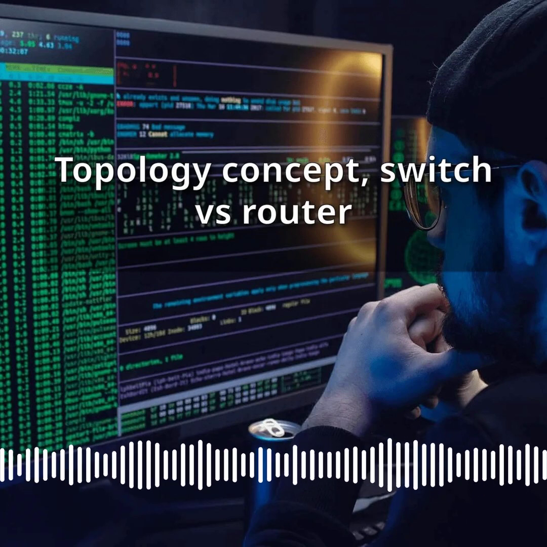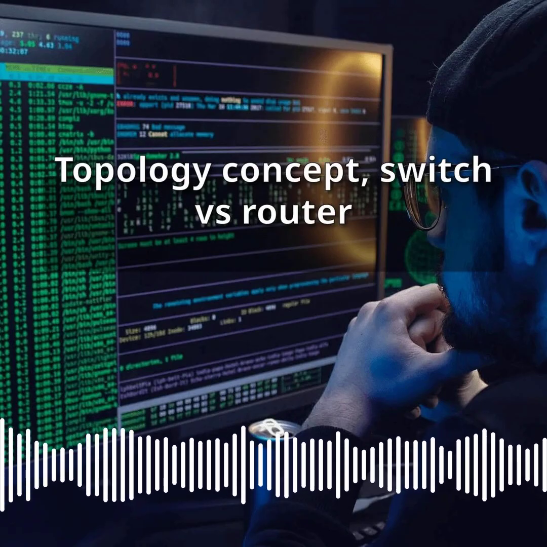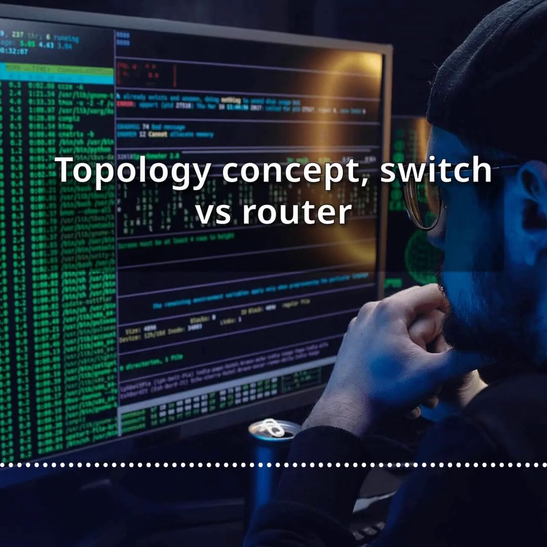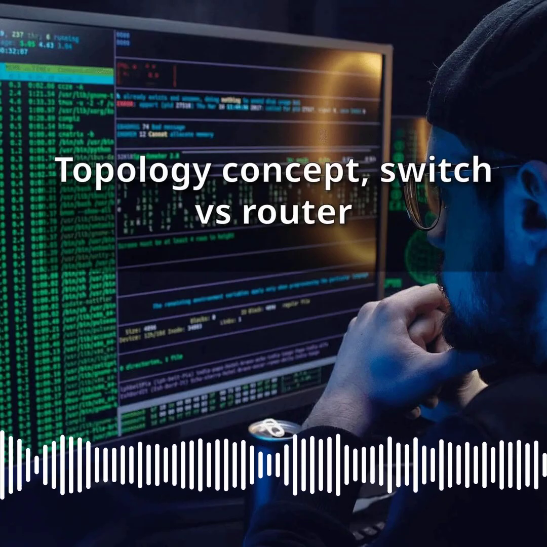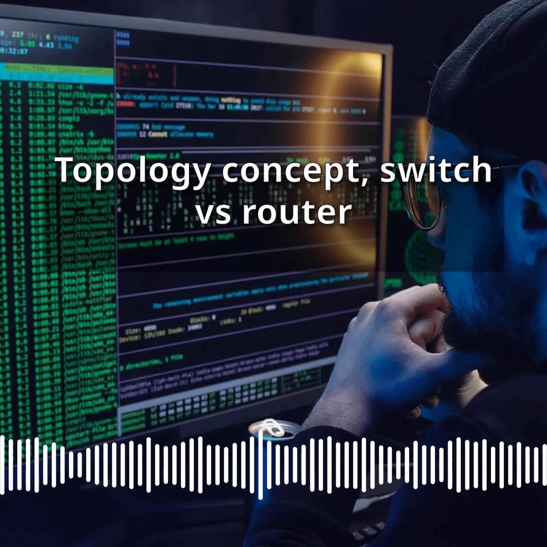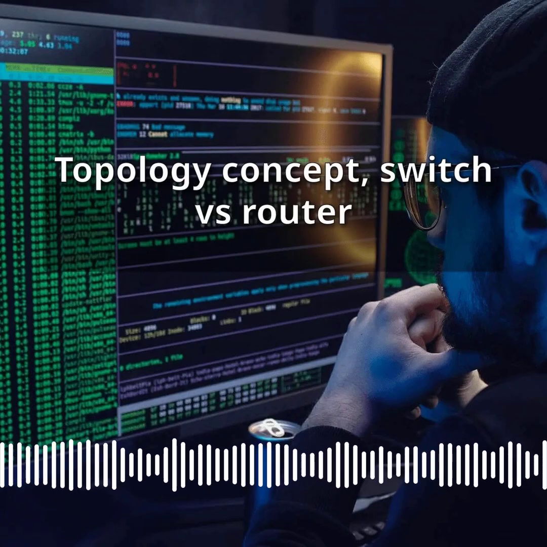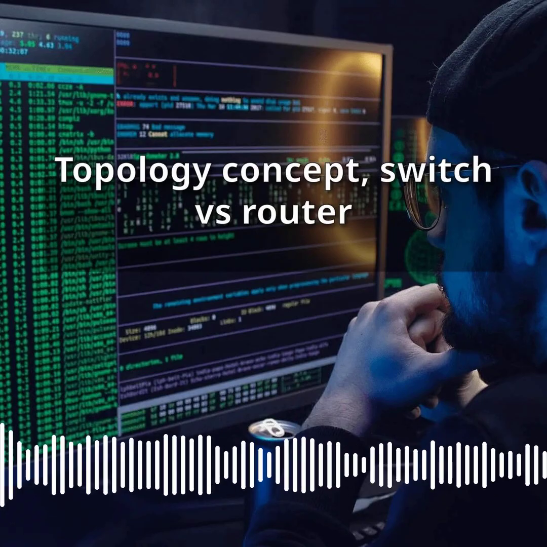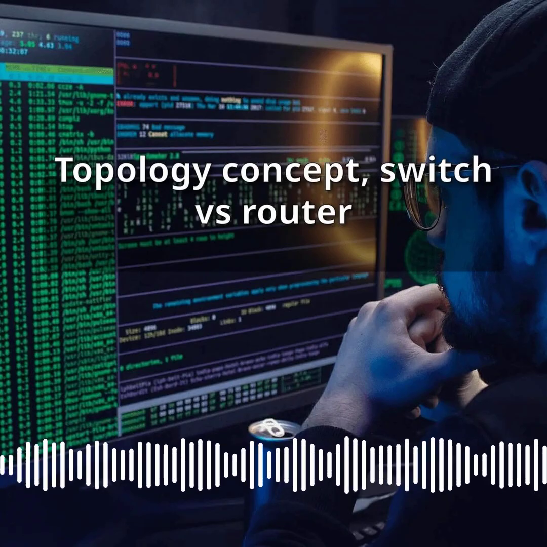A switch is a device that connects multiple devices within the same local network, often called a local area network or simply a LAN. When a machine sends a packet to another machine on the same local network, the switch reads the destination MAC address in the packet and forwards it only to the correct port, meaning only to the cable connected to the destination machine. This is more efficient than older devices called hubs, which sent data to every device on the network regardless of